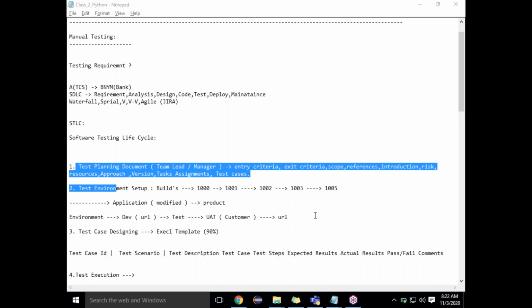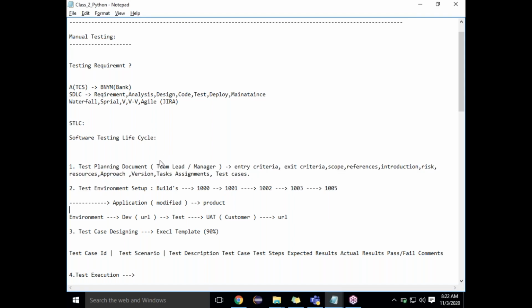Sorry to interrupt, but before we proceed, I want to understand how you import your Excel test cases onto Jira. Okay, so normally there are two ways. One is, if you are using HP ALM, there is a process you can use to import the test cases.